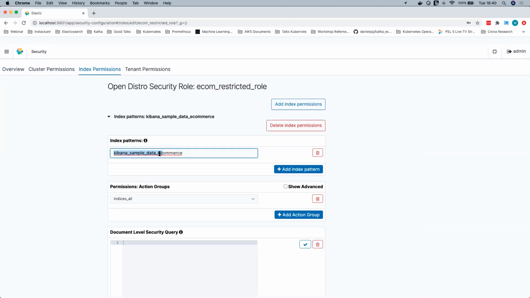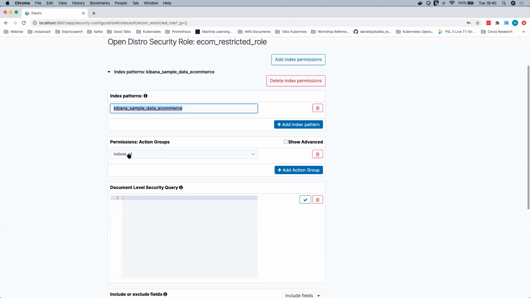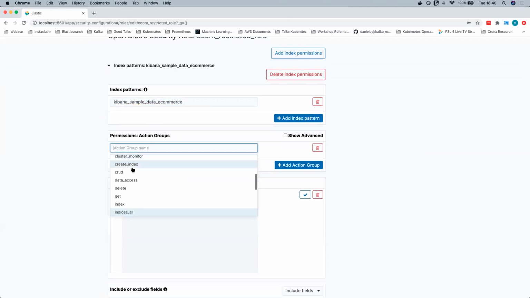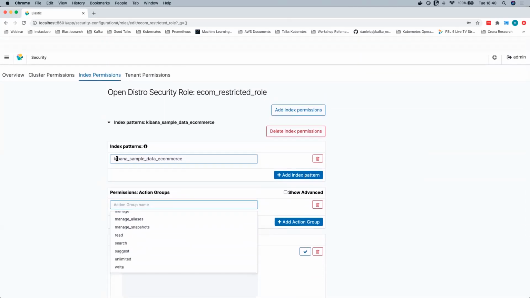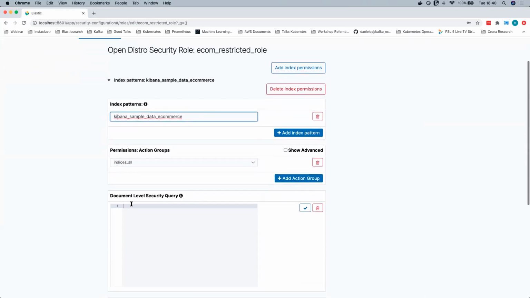what these role users can access, which index. So I say, okay, this particular index, and they have access to all the indices only on this. They can do what permission they are allowed. So there are different things. You can delete index, you can add index, you can remove index, you can manage and things like that. So what I'm saying is on this particular index, this user can do whatever he wants to do, users which